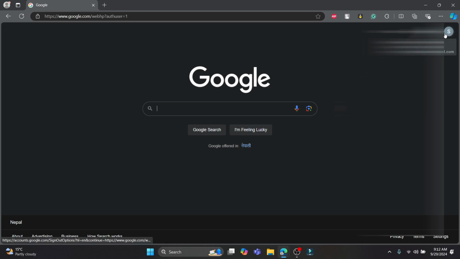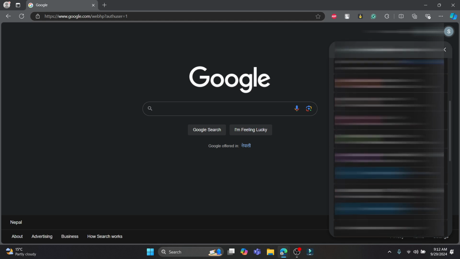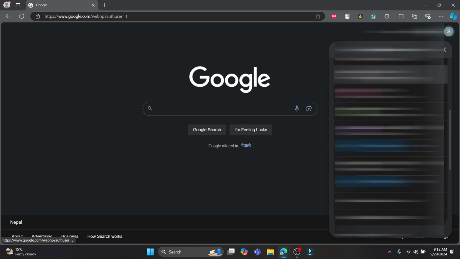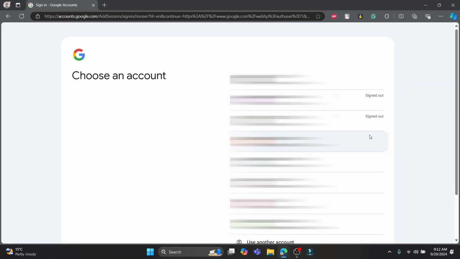If in case you want to sign in into another account which you have not registered over here, just go ahead and click on Show More Account, or scroll all the way down and find Add Another Account option. Go ahead and click on Add Another Account, and the next thing you want to do is click on Use Another Account option, or else there are some accounts which you had previously logged in. You can easily sign into them, or else if you want to sign into another account, click on Use Another